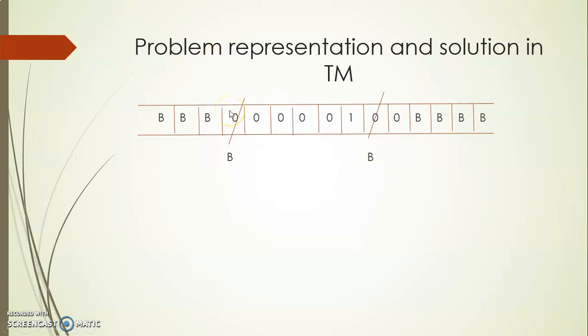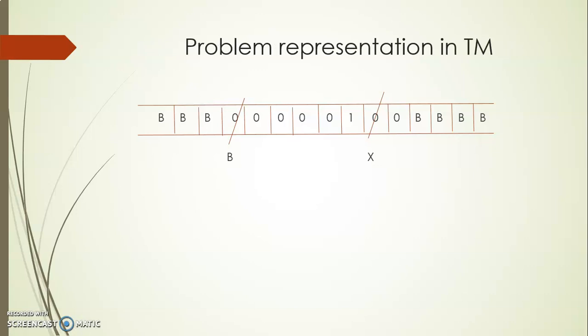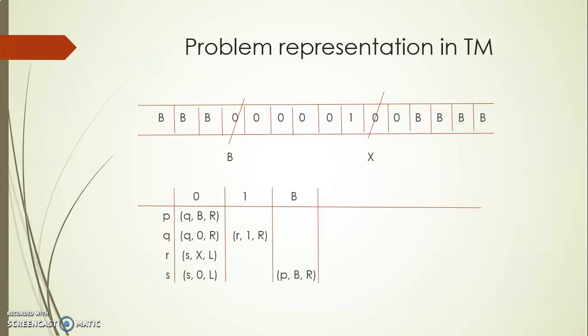So what you are going to do? You are going to convert the first 0 present in the first operand to blank, and move towards the right. After scanning 1, we understand that whatever symbol I scan after 1 belongs to the second operand. So whenever I scan 0 after 1, that has to be converted to X, like this. This process will be repeated until I could not find any symbol to strike out in the second part. I'm very sure that I will not be finding any zeros in this second part, because here we are assuming that m is always going to be greater than n, right?